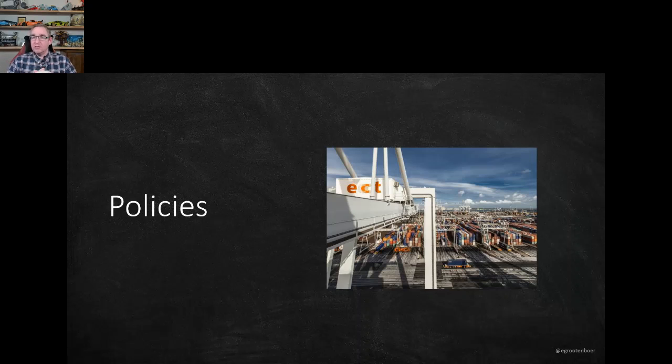This has been a few years ago, and when they came in, they were like, okay, we wanted to start working with you guys because you have an API. And this API is basically saying, where is your container? So you get container details, you provide your container number, and then you know, where is this container? Is it already in the harbor? Is it still out at sea? Is it being shipped? Is it being unloaded? Or is it ready for me to pick up?